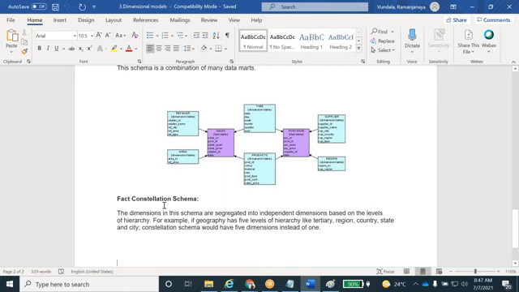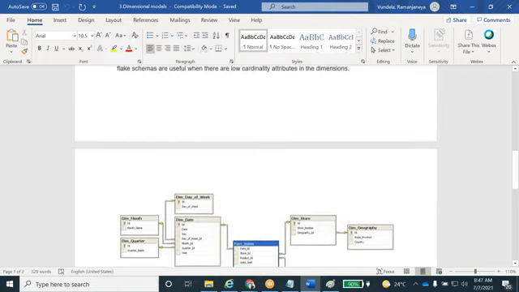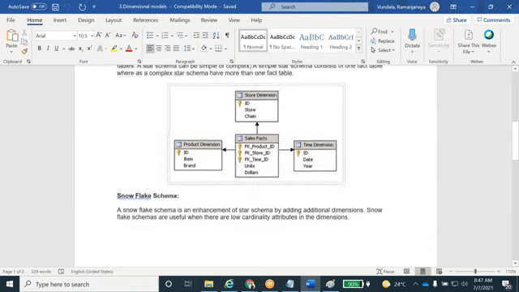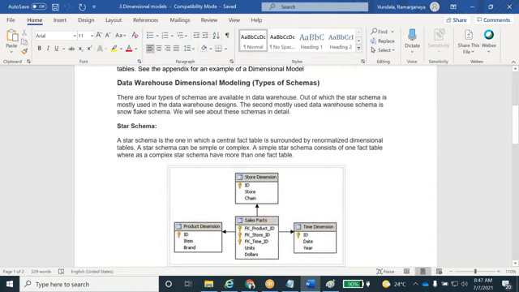Based on the snowflake schema, they build this fact constellation. No one is using these two schemas. 99% use either star schema or snowflake schema, guys. Just focus on these two schemas as part of real time.